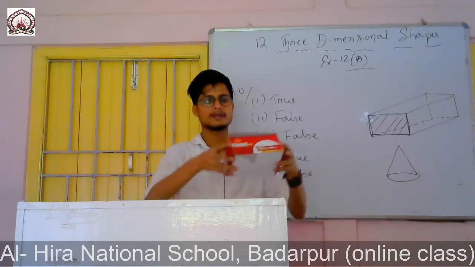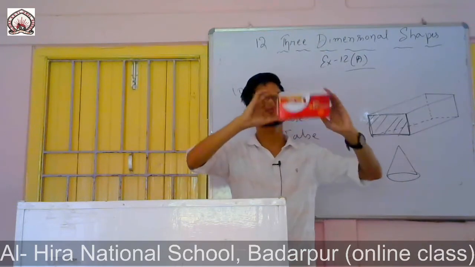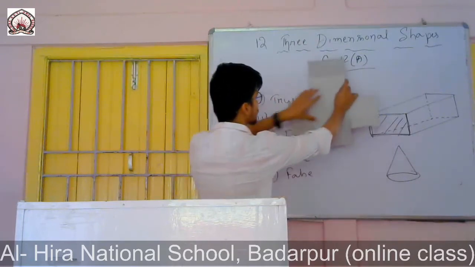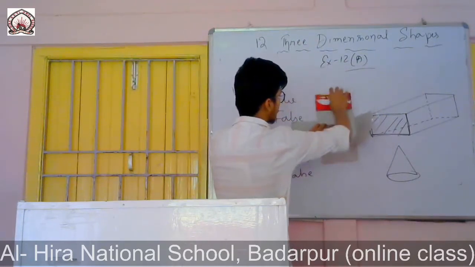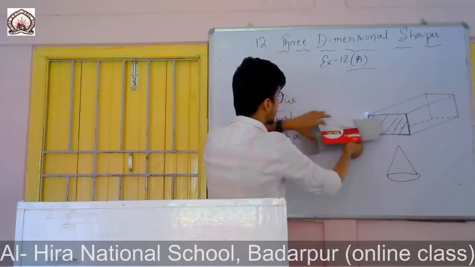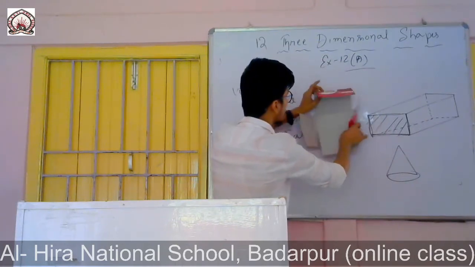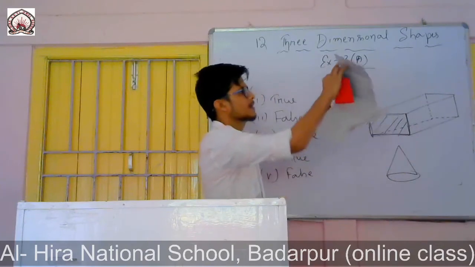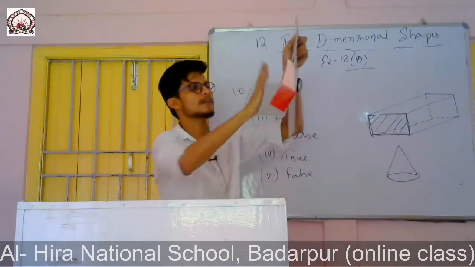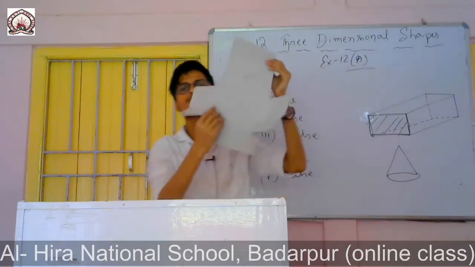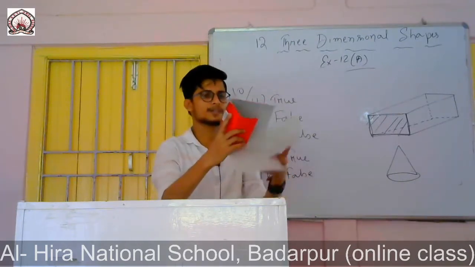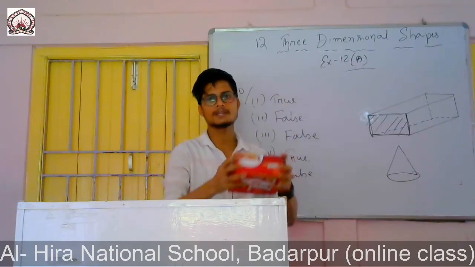Okay, you see, this is a cuboid. If I simply open all the sides, if I unfold it, you see, this is a shape, one fold there, another like this. So this is a net of a cuboid. If I simply fold them, then again I can form a cuboid. If I join them all, then again it will be a cuboid. So this is the net of a solid figure. This is known as net. If I fold a net, then it will be a solid shape, of any solid shape.